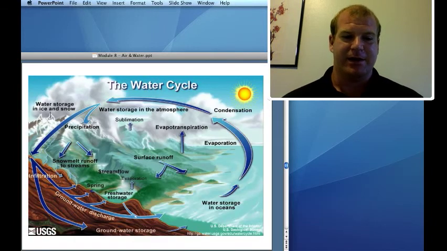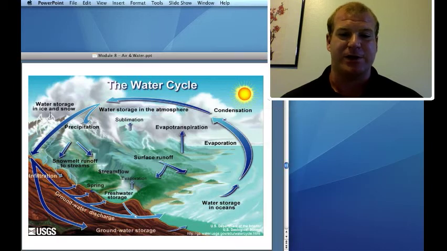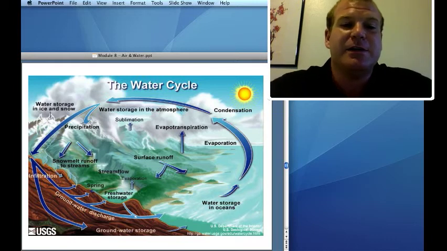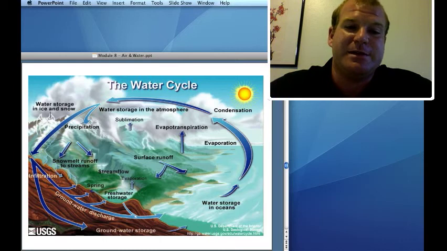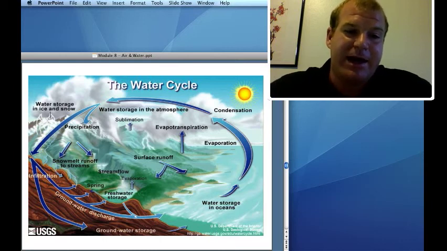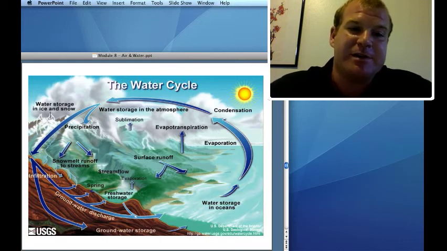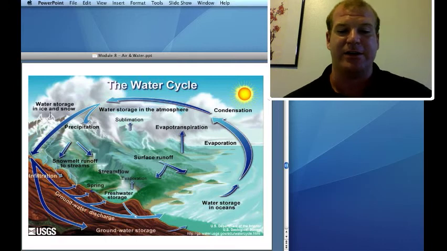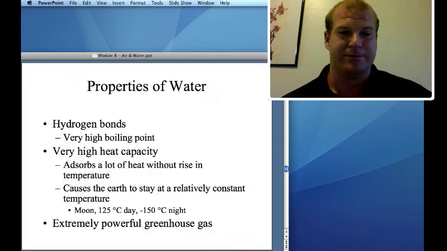So here is a United States Geological Survey picture. USGS shows the water cycle. And so a big water source like the ocean, the sun heats up the water, and the water evaporates, and then the water condenses to form clouds. Then precipitation comes down, and then that precipitation goes into rivers and streams, and some of it goes into the groundwater, goes into lakes. Ultimately, it goes back into the ocean, and then repeats the cycle.